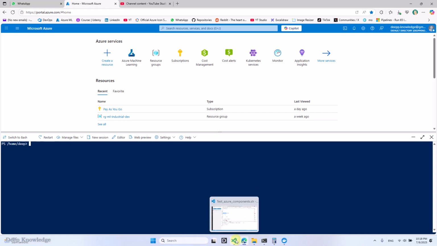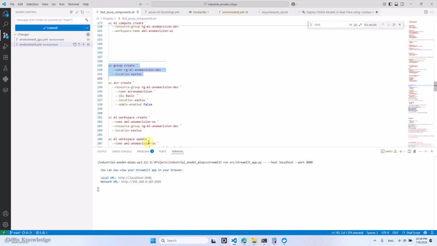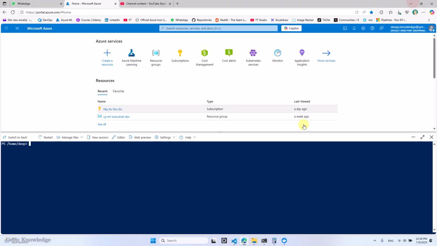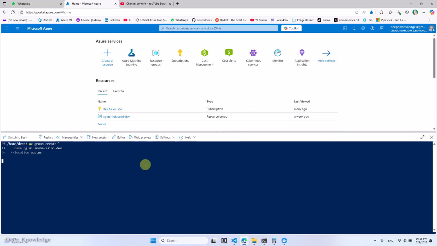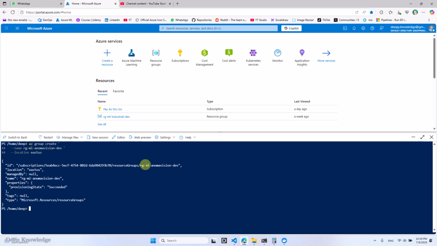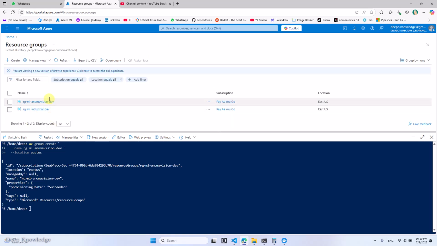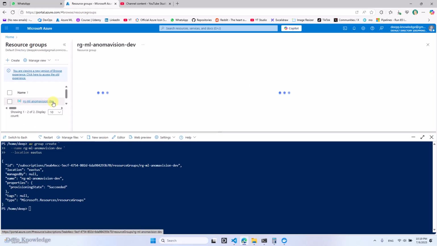So let me just show you now here. If I copy this, create resource group, and paste it here, we can see it will now create our group. You can see here this is my subscription, and this is the resource group name. The subscription is not sensitive, but you can try to keep it secret. And if I go now to resource groups, you can see it's already created